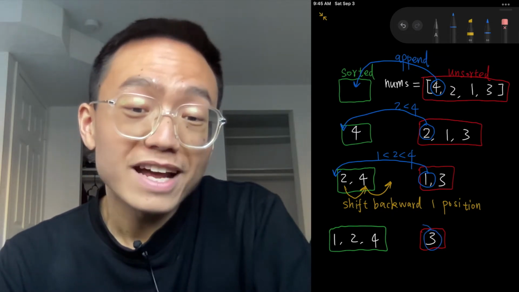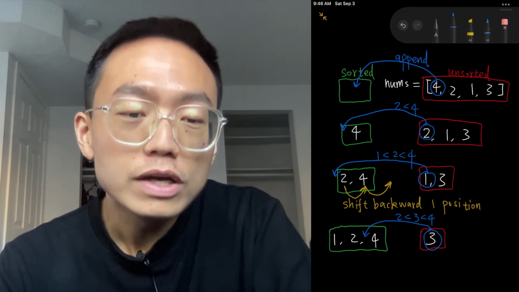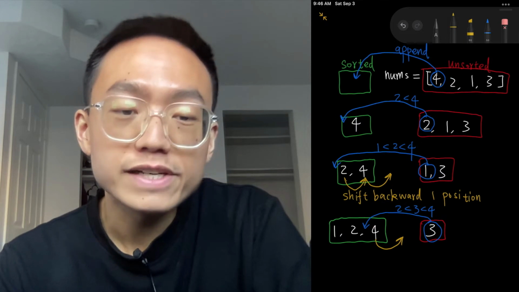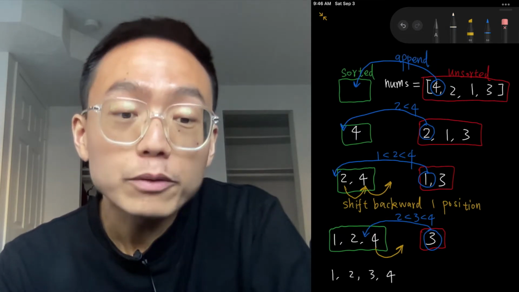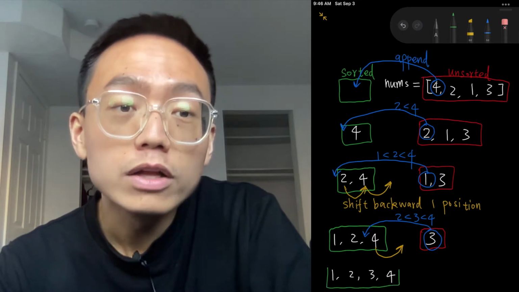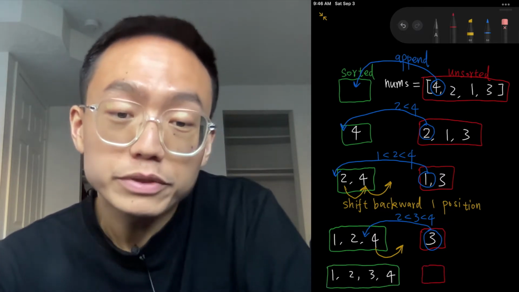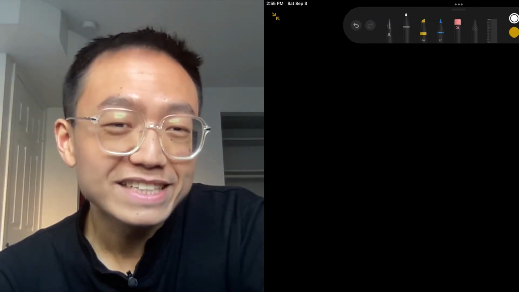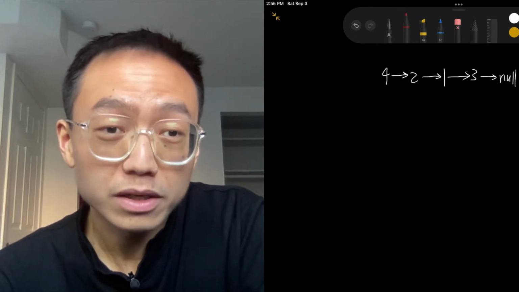Let's insert the last element 3. 3 is less than 4 but greater than 2, so it should be inserted between 2 and 4, and we just need to shift 4 backward 1 position. So finally we get 1, 2, 3, 4 for the sorted part, and the unsorted part is empty, so we are done. So let's try another example, which is a linked list 4, 2, 1, 3, and we set a dummy node, which is used as a reference,